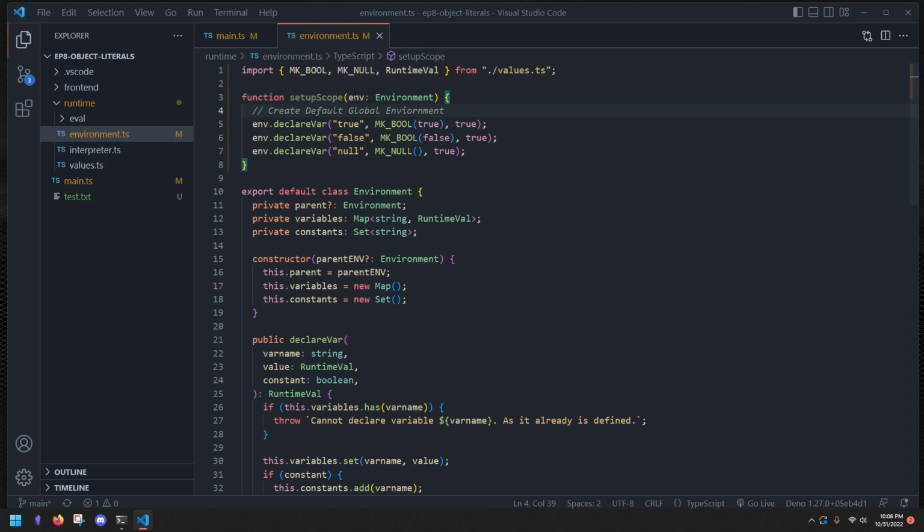It's going to take in our environment, which is a reference, so we'll be able to mutate it, right? It's not a copy, it's a reference in JavaScript. So if you're using another language, you want to pass by pointer or something like that. But this is a reference, so we can just mutate the variables, declare the scope, and then in here in